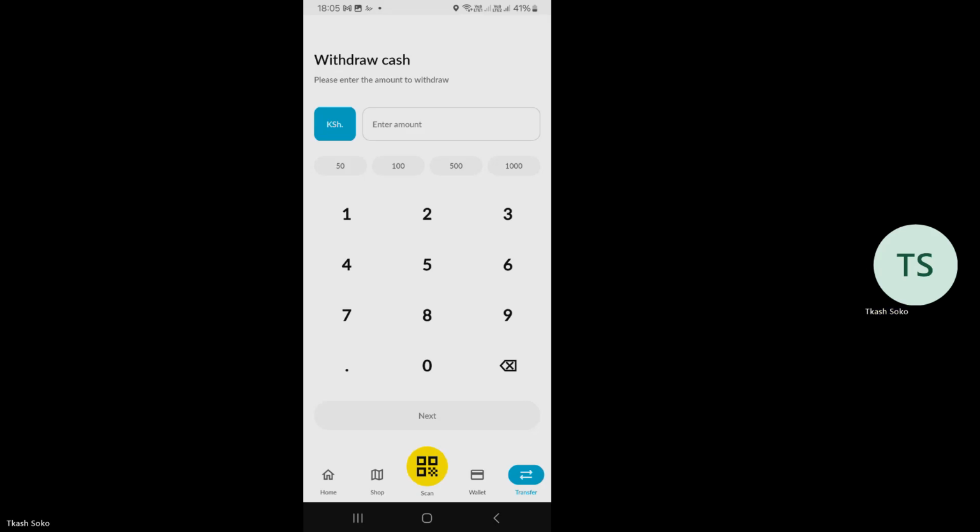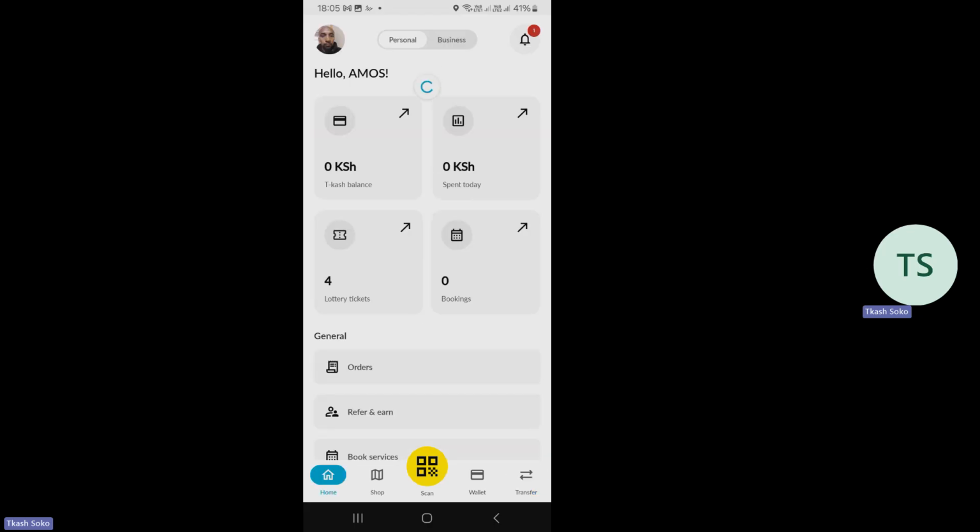So this will bring us to the end of our session today on Get Paid, wallets, balances, and KYC. Remember, we said a number of things in the course of the session, that the T-kash balance on your personal side is the same as the T-kash balance on your business side.